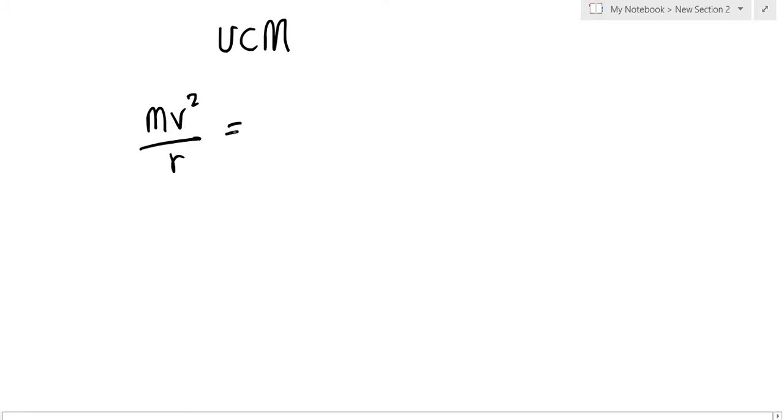This is the formula for the centripetal force: mv squared by r is equal to, say, qvB. We just write the magnitude and say theta is 90 degrees, so sine theta is just 1. You can just cancel one v out, and finally you have radius is equal to mv over qB,